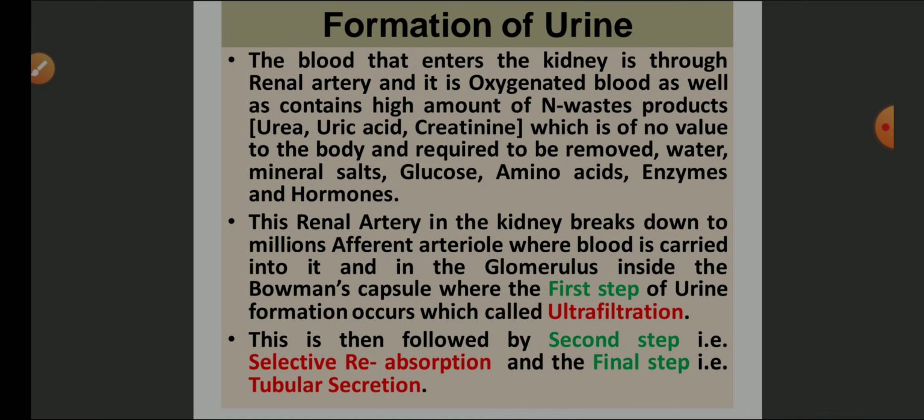Where does the ultrafiltration take place? Ultrafiltration takes place in the minute tuft of capillaries inside the Bowman capsule, or you can say in the Malpighian body. How? Because the blood is entering from the renal artery into the afferent arteriole and into the tuft of capillaries, and then comes out from the efferent arteriole. Why is it called ultrafiltration then? Because the diameter of the afferent arteriole is greater than the diameter of the efferent arteriole. As a result, a pressure is built up. This pressure will help the minute particles to come out from the capillaries.